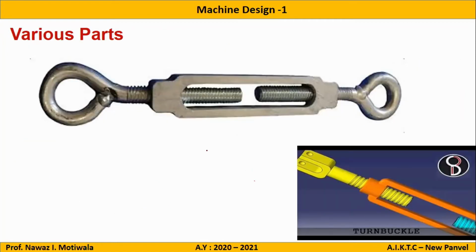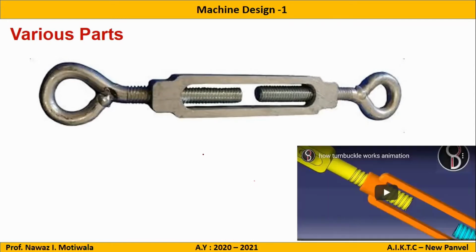Now let us go, what are the different parts of the turnbuckle, because before designing we need to know what are the different parts. As we have seen in knuckle joint, rod, single eye, double eye, collar, pin. So on those lines, what are the different parts of a turnbuckle? Starting from this part, this is the bolt, or you can say an eye, which is not to be designed. It is just attached to the rod. You can see here it is welded to this rod. So this is not a part of a turnbuckle. It is just welded to this rod for further applications.